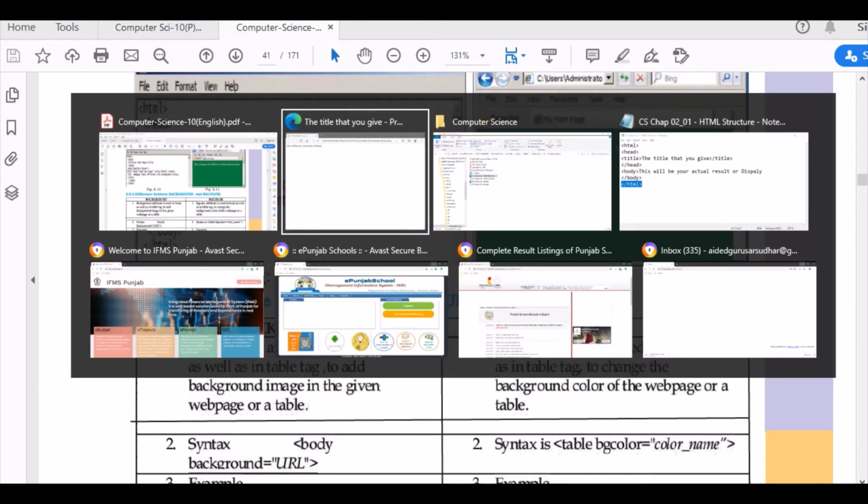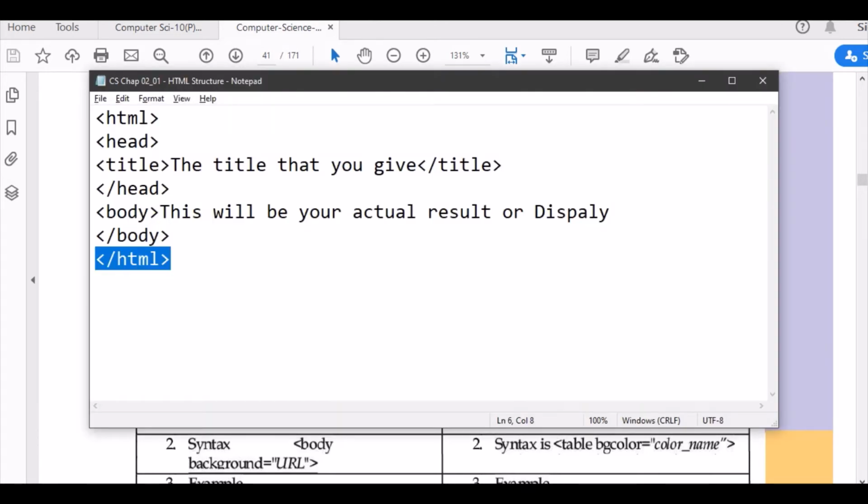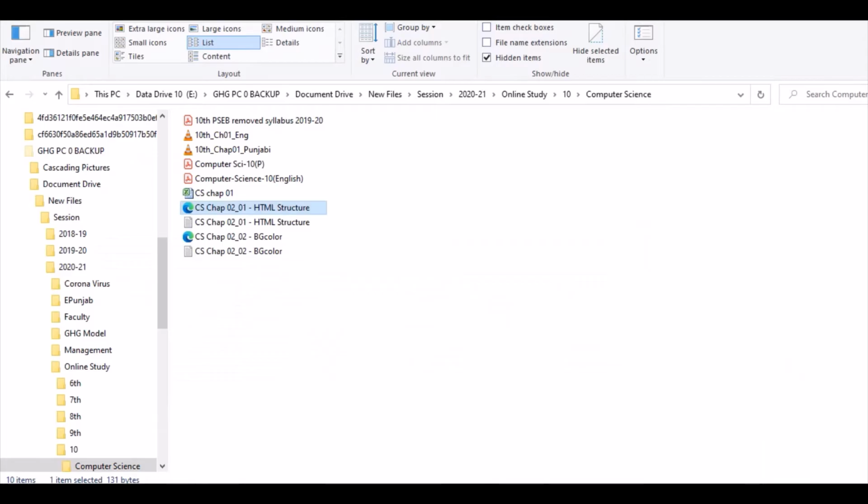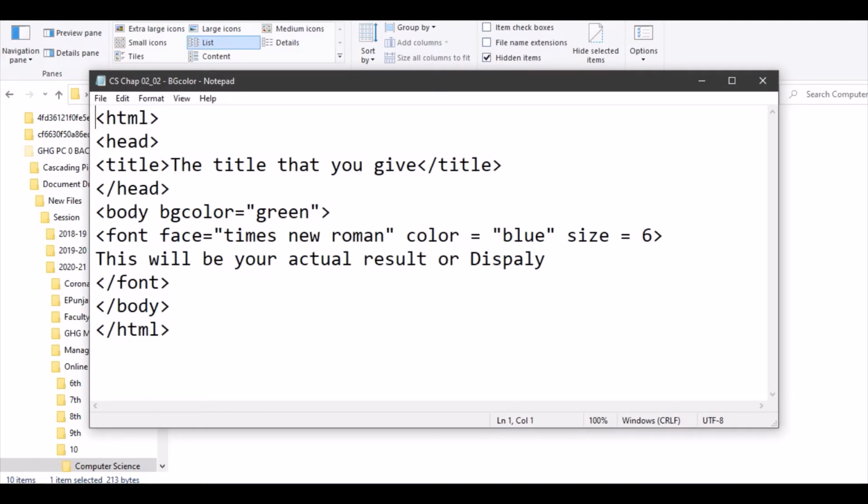For example, the same tag that we are using, if I modify this tag a little bit like this, same tag, head, but I've used an attribute BG color, that the color of my background should be green. I've used another tag font, how my text should be displayed. Attribute face, its color, size as well.